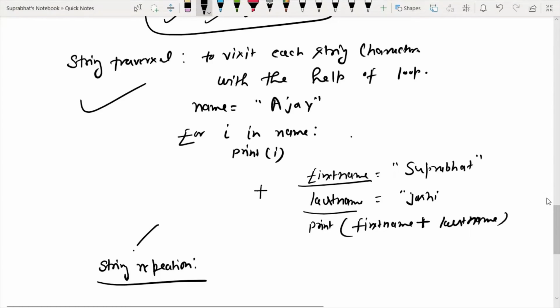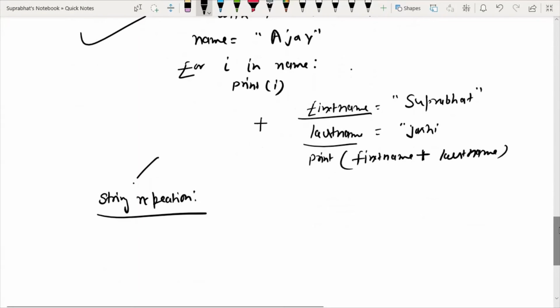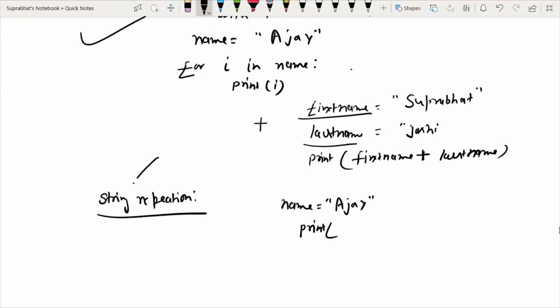How will it work? For example, I have taken name equals to Ajay, and if I want to print Ajay 5 times, I will not write the print statement 5 times. I will just write Ajay, sorry, not like this.